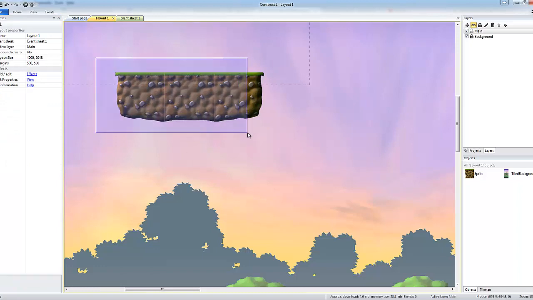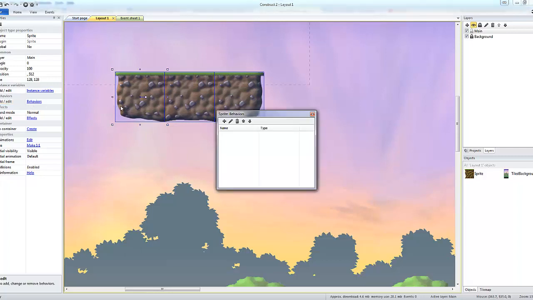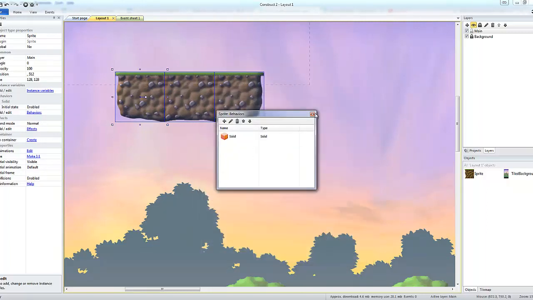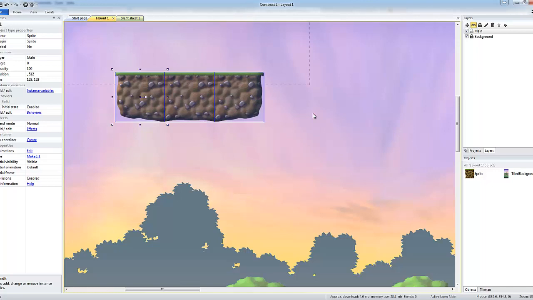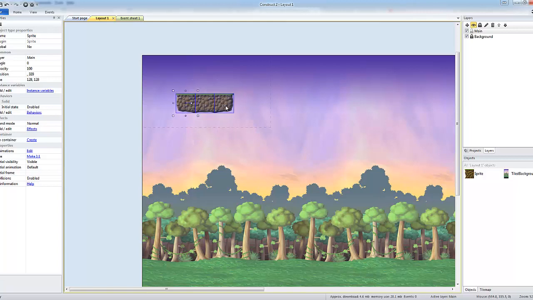Right, next thing I'm going to do is select the platform, and add a behaviour, because it's a solid platform. Add edit behaviour, and we can see here attributes, and the one I'm going to use is solid. Make the object impassable so that other objects cannot move or fall through it. So add that. Okay, and there we have our platform, the first part of a platform,